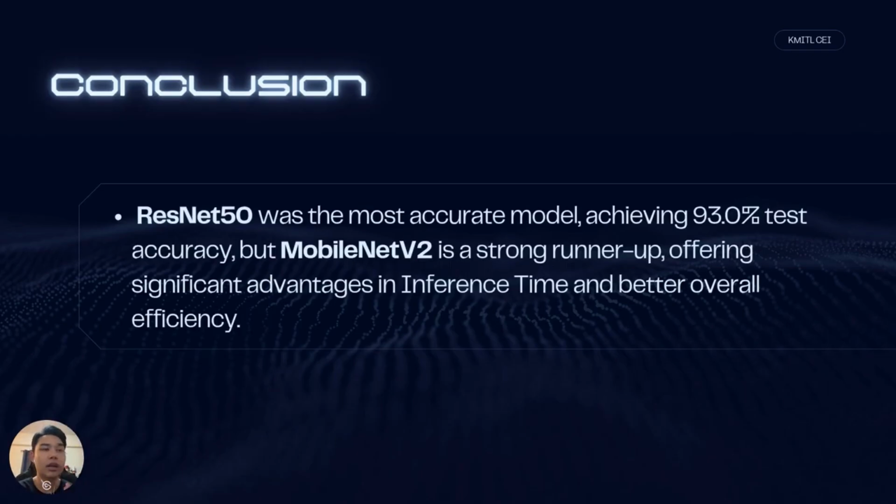To conclude, our experiments show that the multi-head fine-tuned architecture works effectively across different CNN backbones. The first model, ResNet 50, achieved the highest accuracy, while MobileNet V2 provided better efficiency and faster inference. This approach balances specialization and generalization, meaning the model can focus on cats without losing its ability to